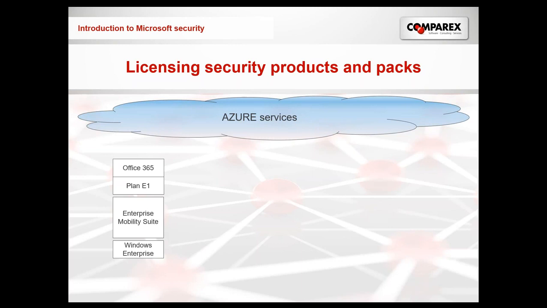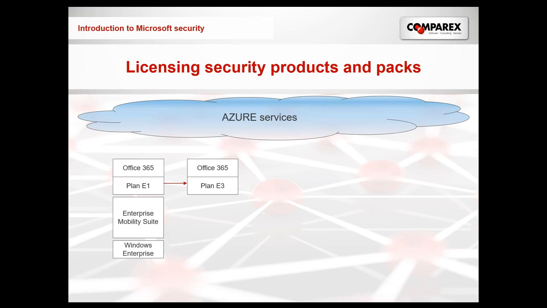I could easily give you an overview of the functionality, but for the purpose of the webinar, I've chosen the typical products that you as a customer would choose in a hybrid environment. On the left side, you have the smallest Office 365 enterprise plan, Plan E3, and the Enterprise Mobility Suite and Windows Enterprise. You will be able to upgrade to Plan E5, giving you extra functionality, for example, the possibility of using legal hold on your mailboxes.